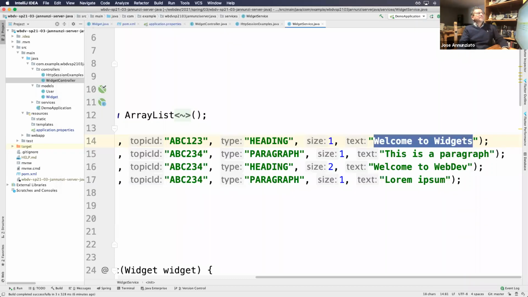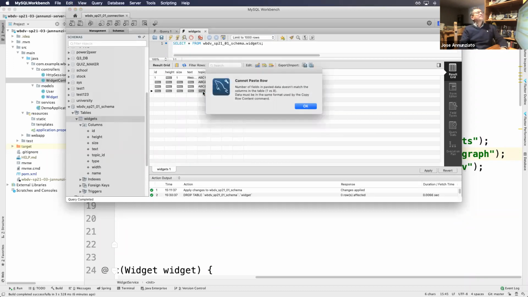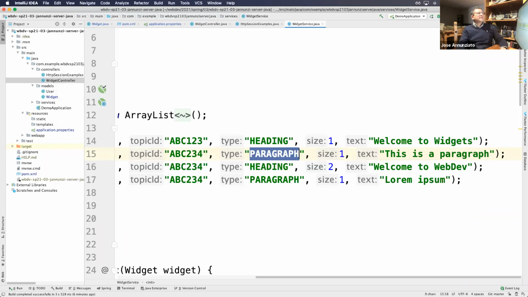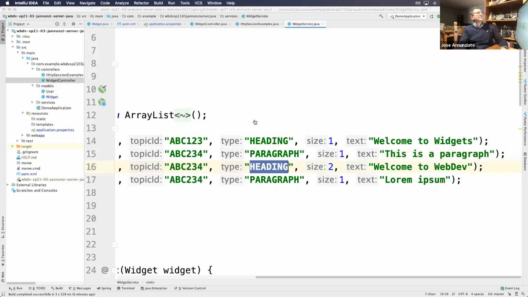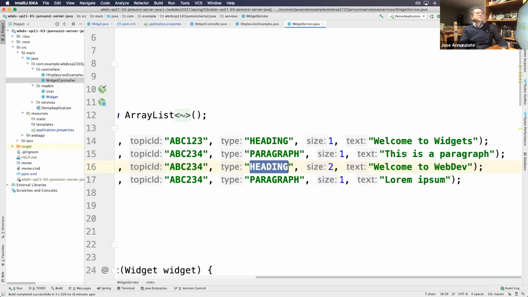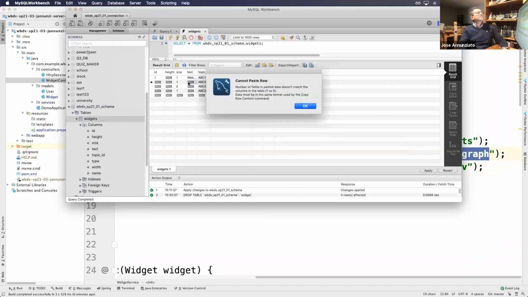So let's create just a few more. Let's create these 3 here. So topic ID, 3 times. There's 3 of them. There it is. So it'll be a paragraph and 2 headings. So this one is a paragraph. Let's make this a little bigger. These 2 are paragraphs, and this one's a heading. What else? Size 1, 2, and 1. Okay, this is a paragraph. So the text for this one is